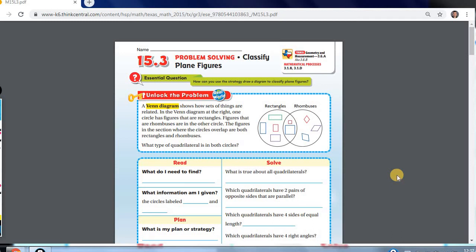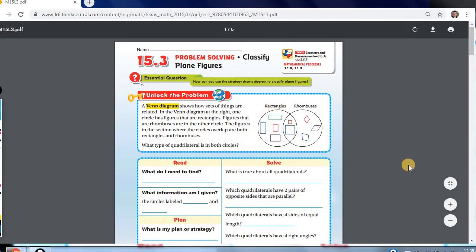Okay, we're looking at 15.3, classify plane figures, and we're going to learn how you can use the strategy of draw a diagram to classify plane figures. And our diagram here is what's called a Venn diagram. Now today's lesson is going to be a little